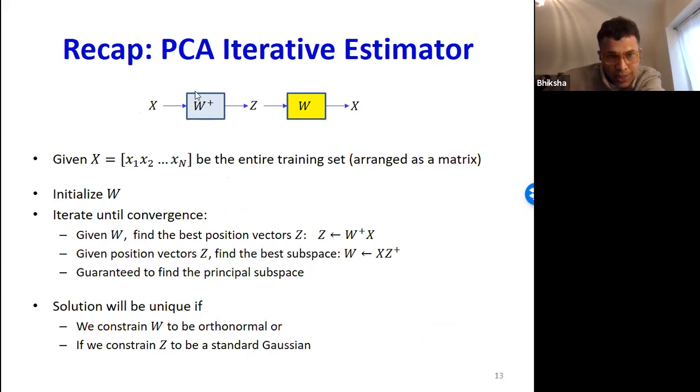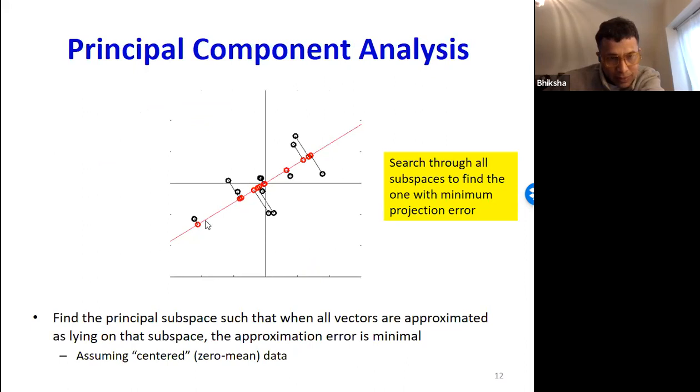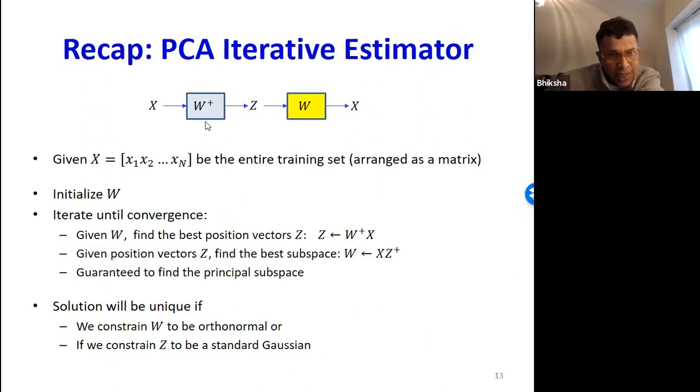The iterative solution said you'd begin by initializing some guess for the basis of the subspace, so basically for the subspace itself. Then you would project the data onto the subspace.